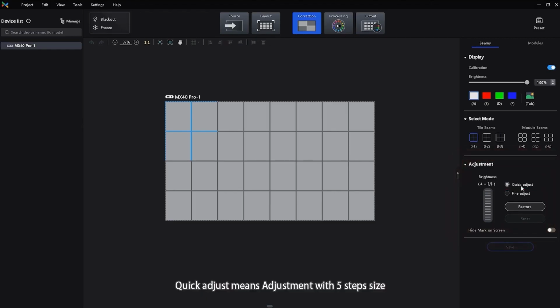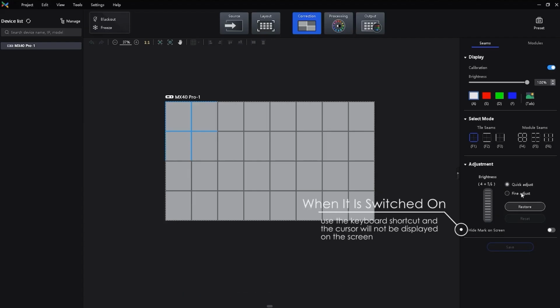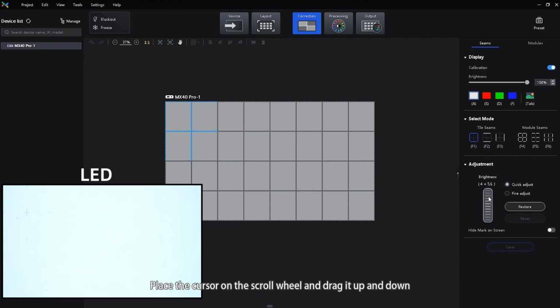Quick adjust means adjustment with 5-step size. Fine adjust means adjustment with 1-step size. Head mark on screen means when it is switched on, use the keyboard shortcut and the cursor will not be displayed on the screen. Place the cursor on the scroll wheel and drag it up and down to adjust the